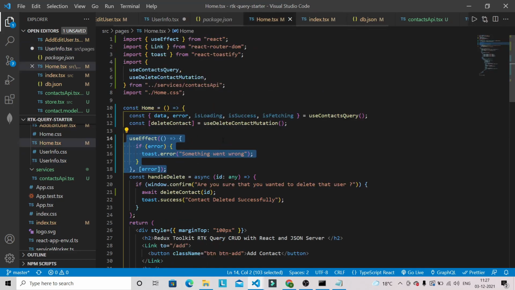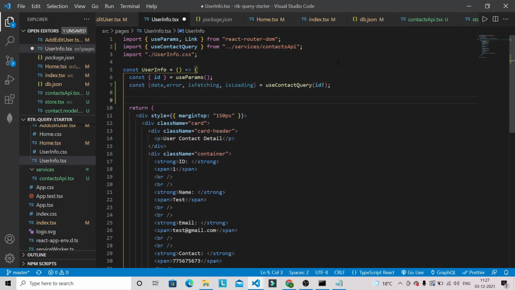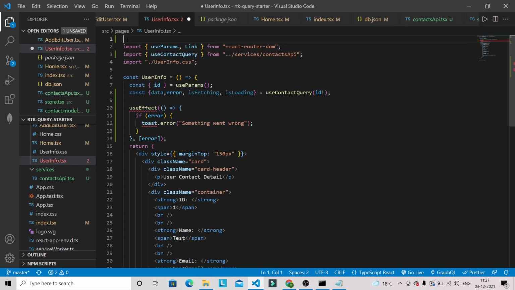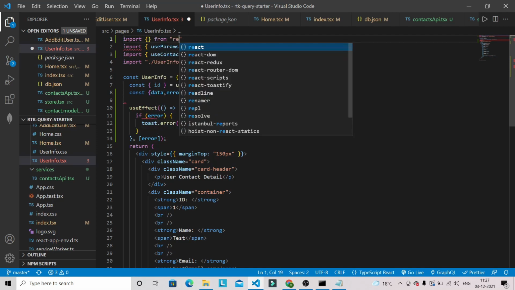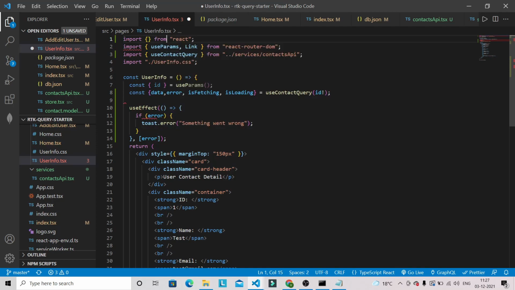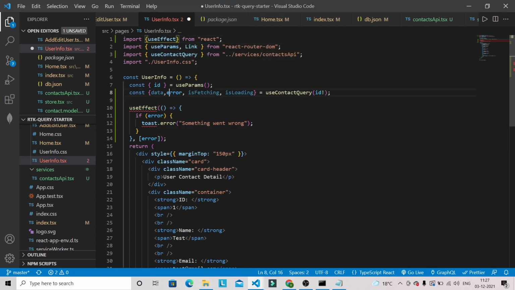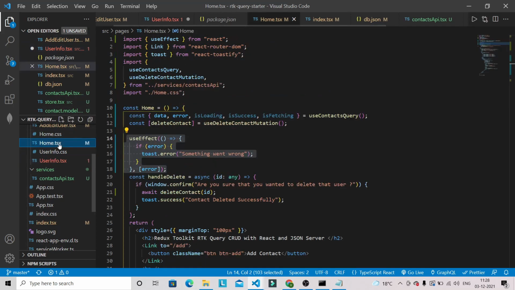Okay, so we can copy this line of code and paste it here in case of error. Okay, and we need to bring this use effect from our React. Okay, use effect, and toast also we need to bring. So let's go to the home.tsx file and bring this toast.